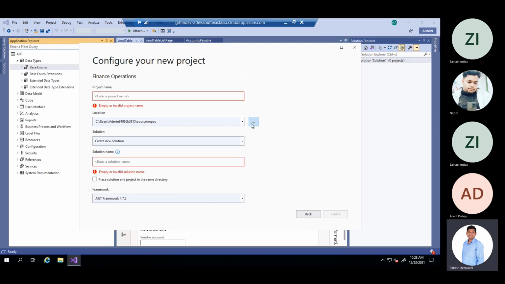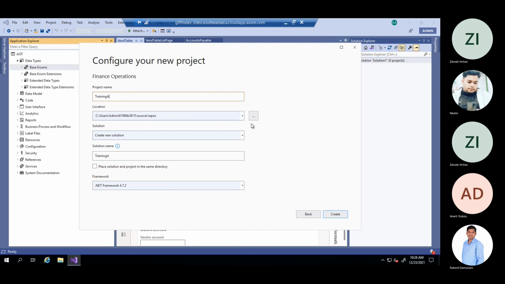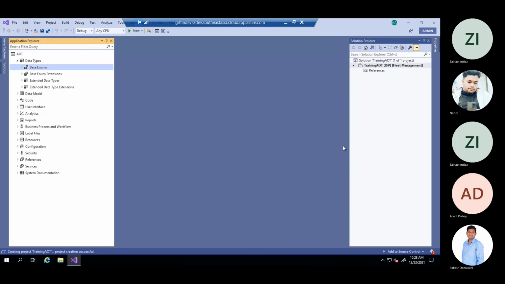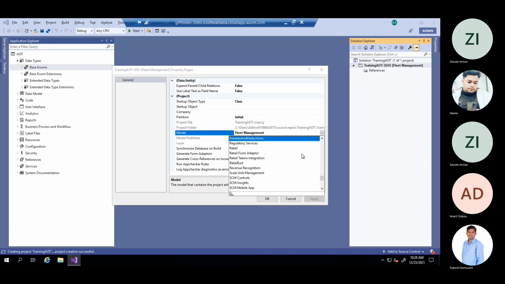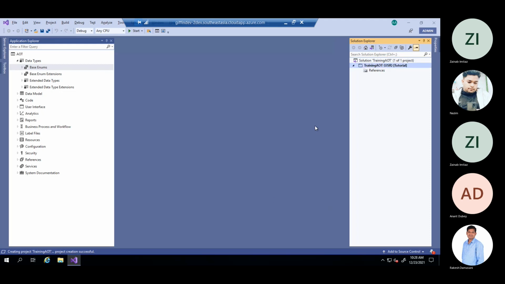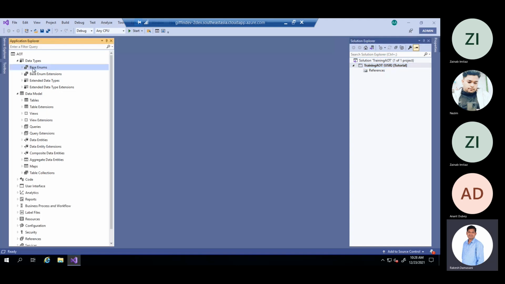Next, I will name it Training AOT. So let us check the EDTs and the base enums.